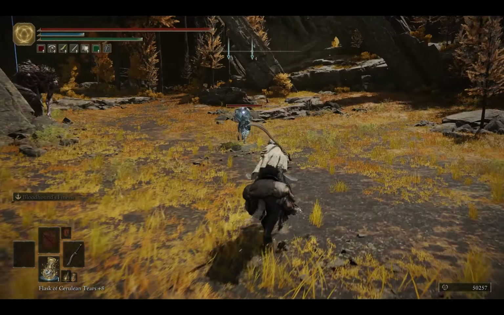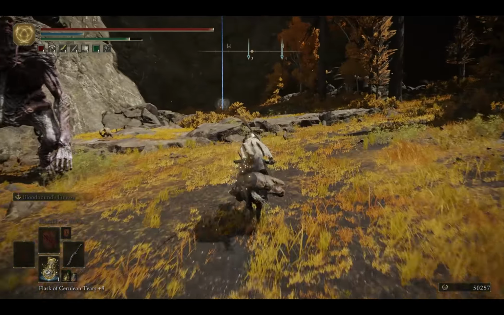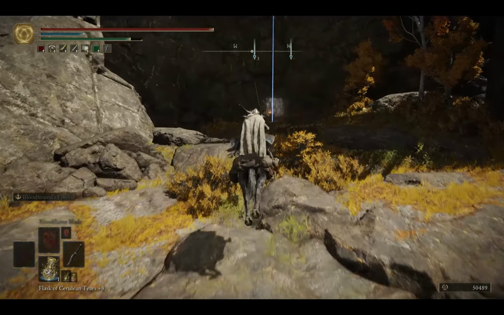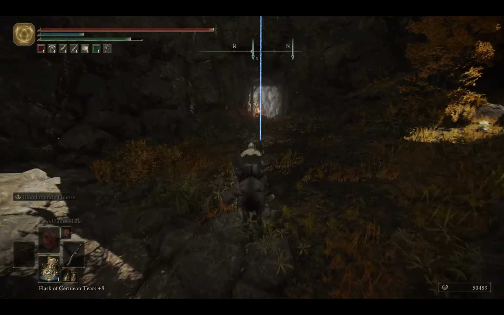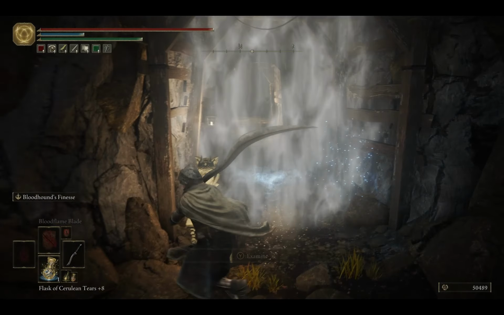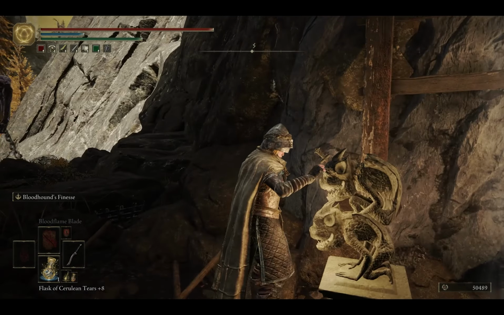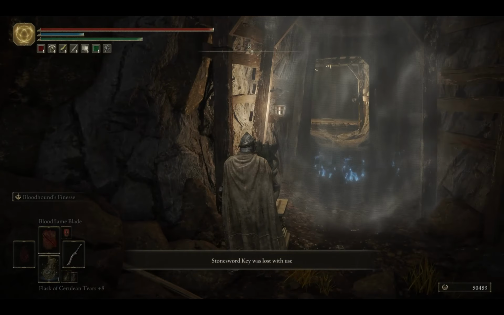Just gonna follow this bend around. There is gonna be one of those Wraith Summoner dudes on the horse here. He is kind of a pain in the butt, but if you can, you know, get in front of him like that and take him down, that's always good. But we're not going to be out there long enough really for that to matter. You can just run past him,